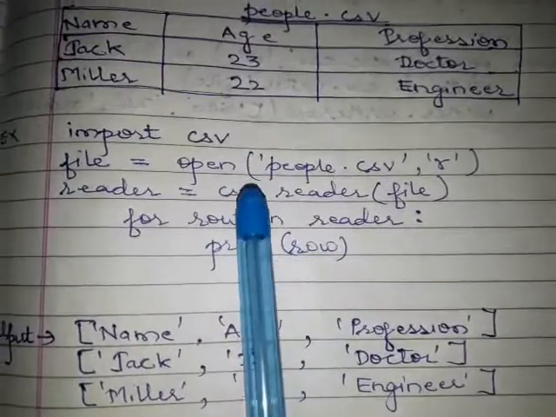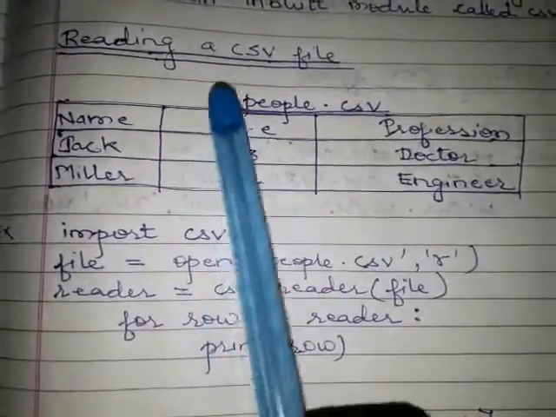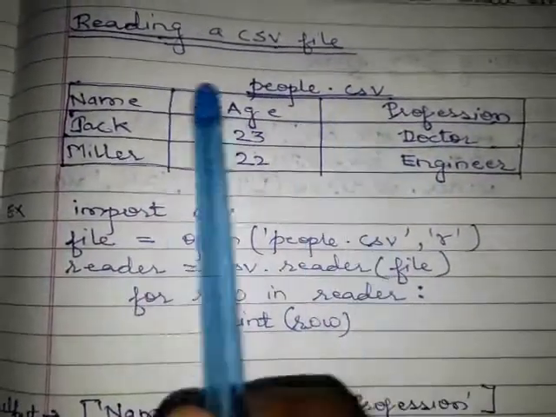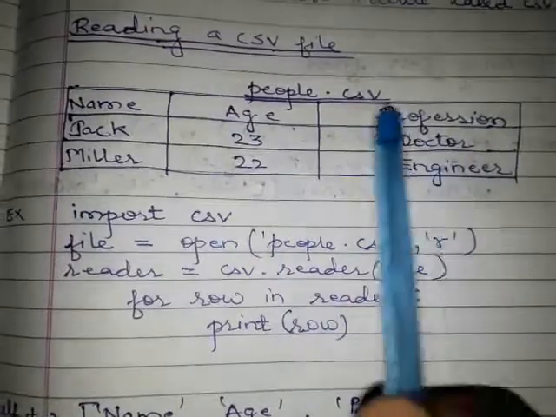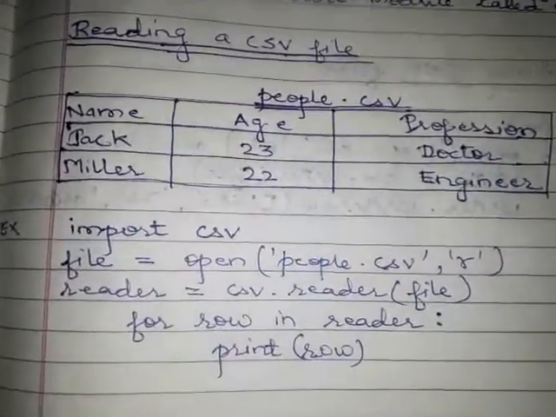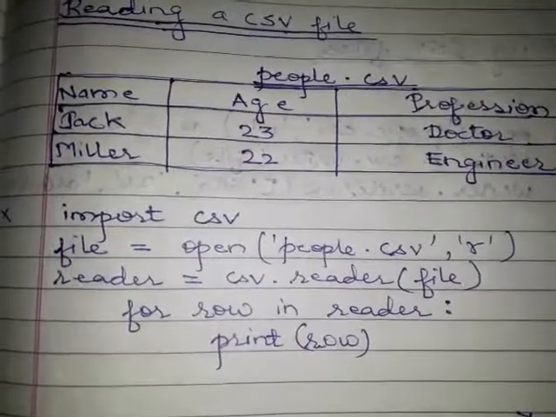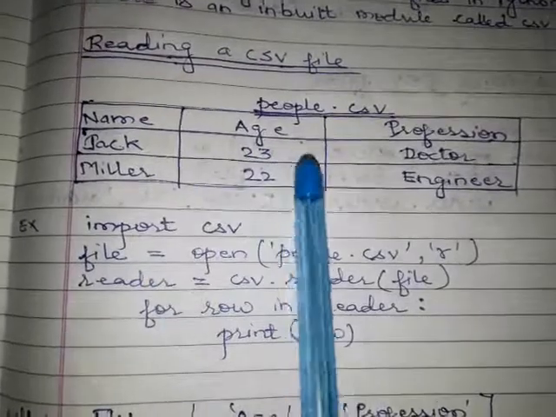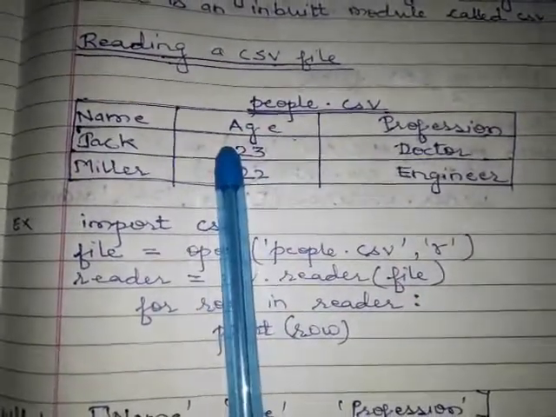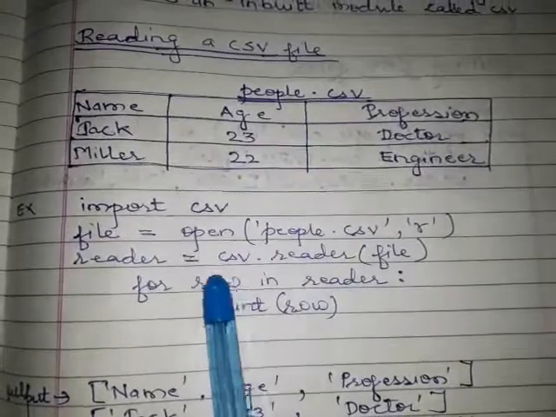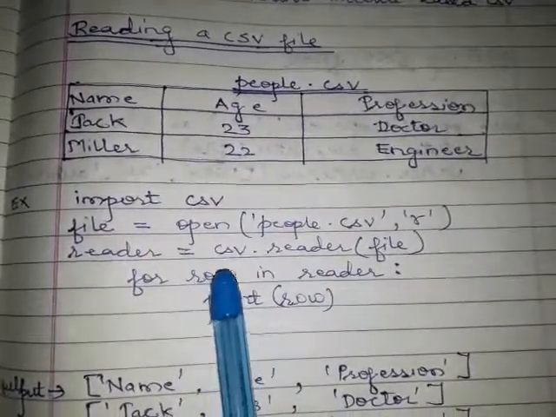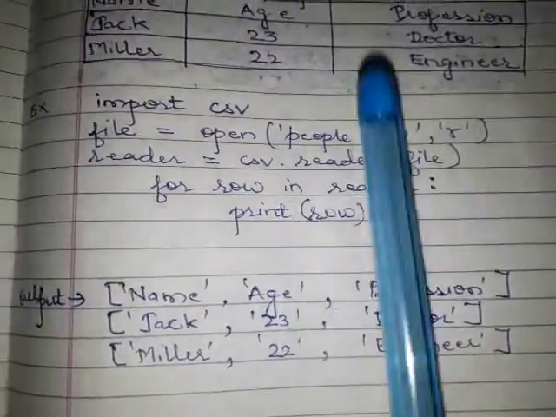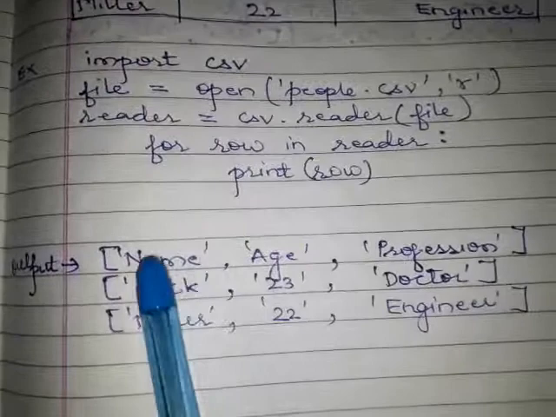So this loop will run 3 times because we have 3 different records, and each record will be converted into a list by this reader function, and this reader variable will consist of all the records in the form of lists, and it will act as a list of lists. So this for loop will read all the records in the form of lists, and this row will consist of a single record, and in each iteration each record will be printed. This for loop will run 3 times because we have 3 records, and our output will be, first record